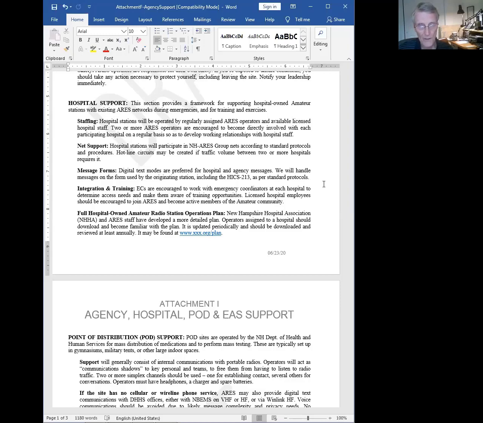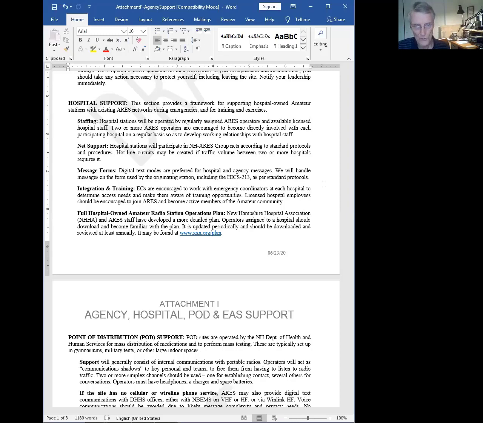Part two on this is that the net support is, again, the common carrier system. We don't set up separate networks for the hospitals. In a very limited situation, we might do that. It might be certain hotline circuits, or if the hospitals are really the only people we're serving, we might break that off if they're the major people we're serving at a given time.